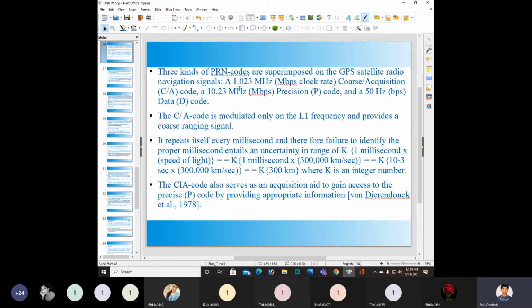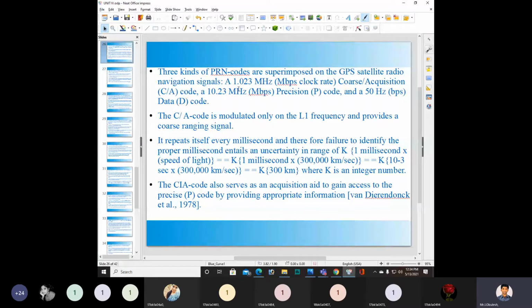What is the clock rate of the coarse acquisition code? What is the clock rate for the precision code? This we need to know. The data code rate is 50 bits per second. The C/A code is modulated only on the L1 frequency, you need to remember.